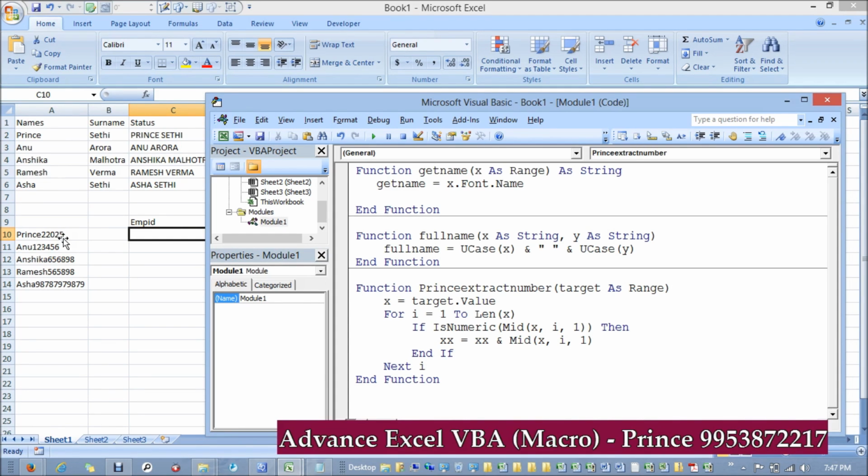So what it means is, firstly it will check X, which contains the entire string, which is Prince 22025. The first time I will be 1, and I'm checking the first character value. So the first character will be P. Check if P is numeric. The first time it will be false, so it will come automatically over here. Next time it will go over here, check R, I, N, C, E and so on, and after that when it reaches 22025,